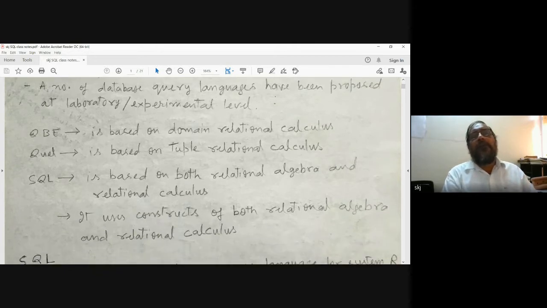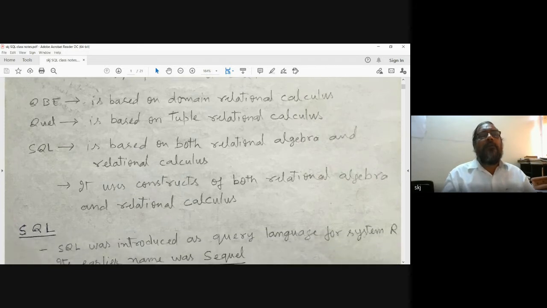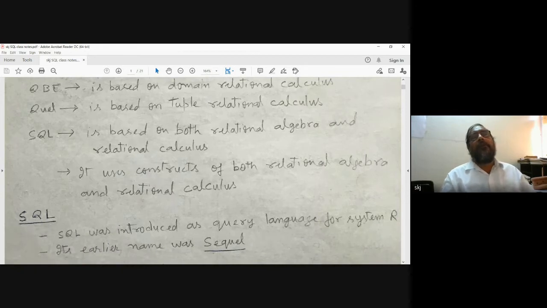A number of database query languages have been proposed at laboratory or experimental level. QBE is a language based on domain relational calculus. QUEL is a query language based on tuple relational calculus.